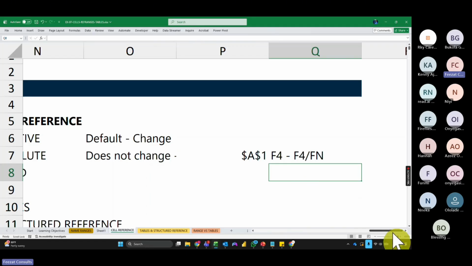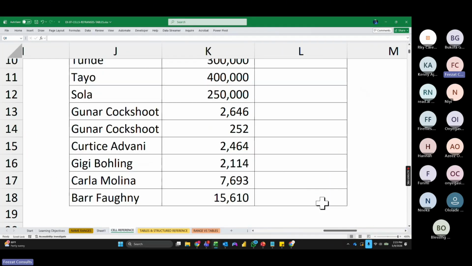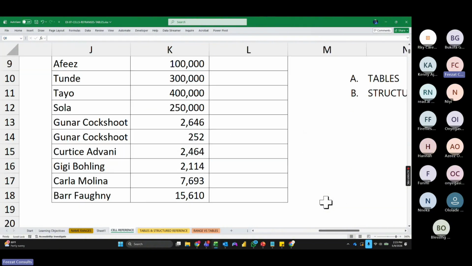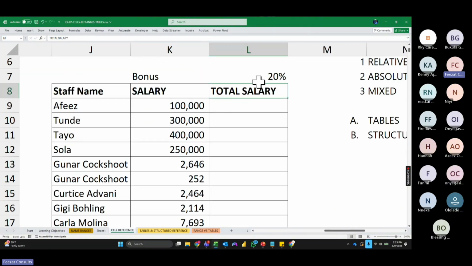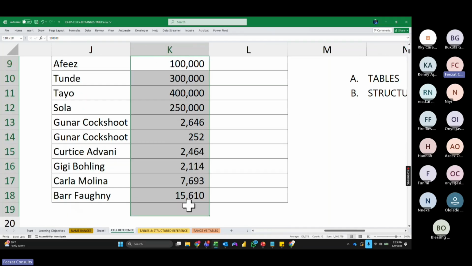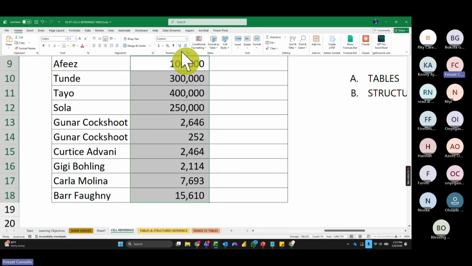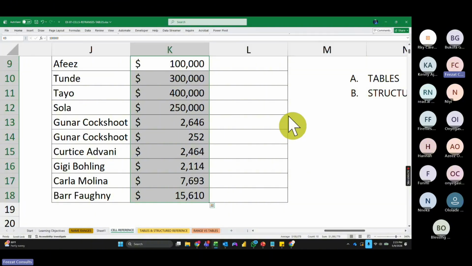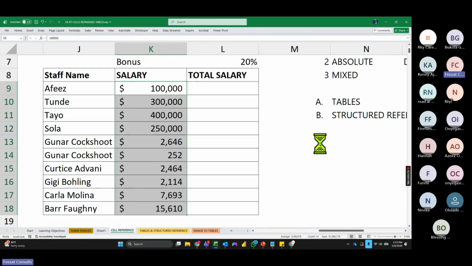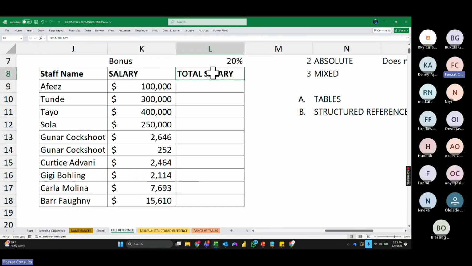Okay, so let's see a scenario where this is applicable. Let us imagine RKY wanted to increase people's salary, in dollars for example, by 20%. Maybe she has a plan to get a bonus. To get this calculation, you can come here and type equals 100,000 multiplied by the bonus amount up here. Click on this one and press enter. Now, once you go here and autofill down,